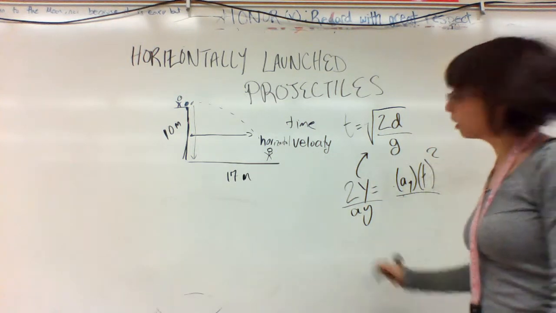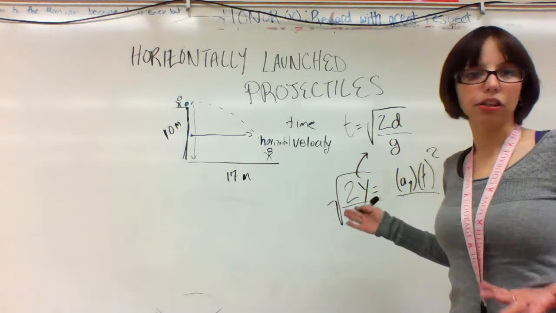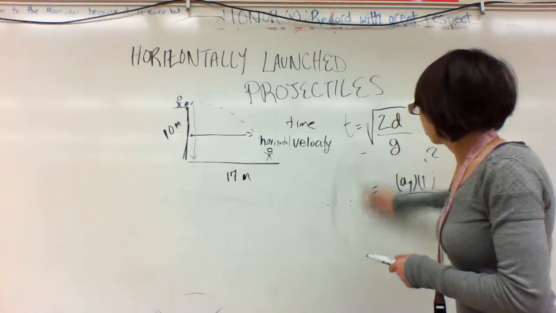And then to get rid of the square, I just take the square root. So it's really the same equation, it's just rearranged for us already. So it makes our lives easier. Alright, so